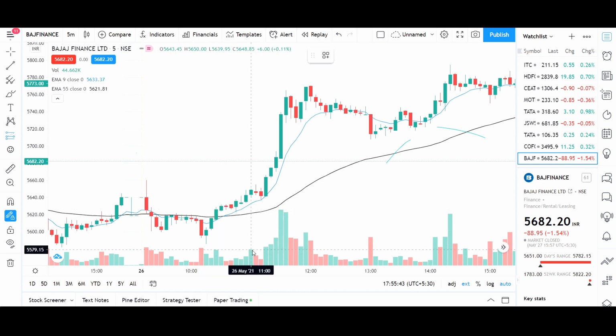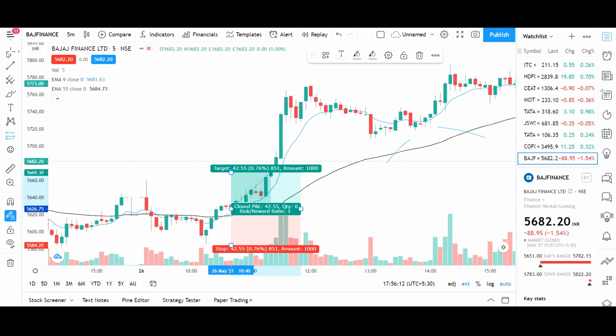So first we have to see whether it's sustaining above this 55 EMA, the larger EMA. Remember, 55 EMA is the black EMA. We have to see if the candlesticks are sustaining above the 55 EMA. If it is for one candlestick and the second candlestick, then we will initiate our buy. So let's assume we waited for these two candlesticks. We could see, yes, it is taking support from this point right here, and so we will buy the stock. So let's assume we bought it here.